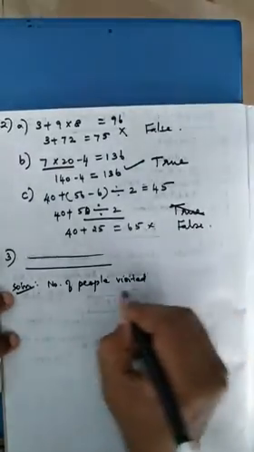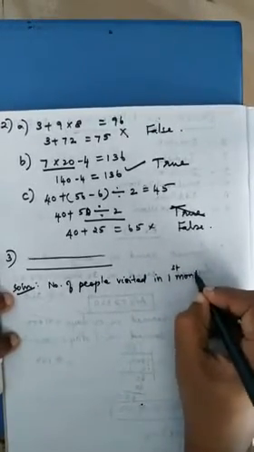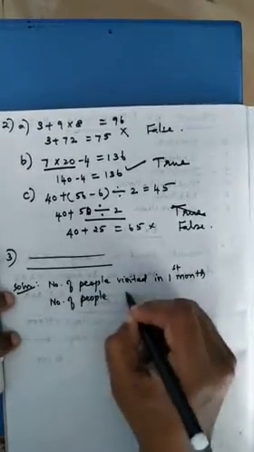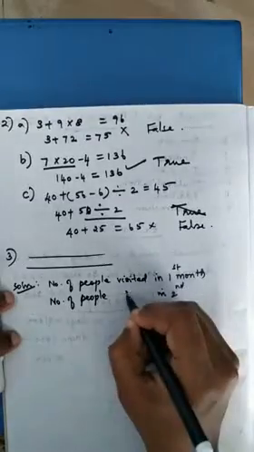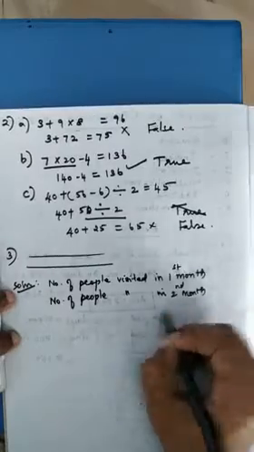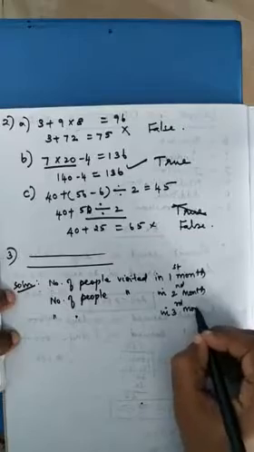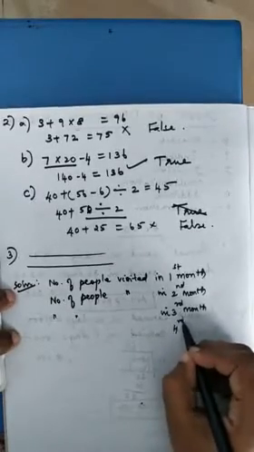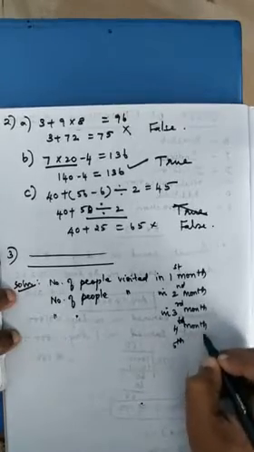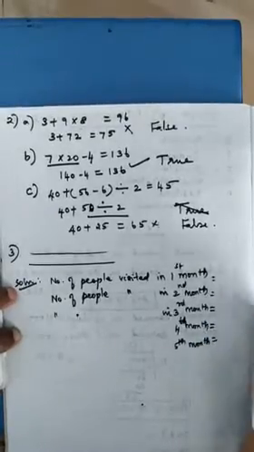So we have to write number of people visited in first month. Then number of people visited in second. I am putting ditto. That means you have to write visited again here in the second month. Then again number of people visited in third month. Similarly, you have to write till 5 months. Fourth month. Then my fifth month. You have to write the wordings in the classwork notebook. I will be checking. Okay.